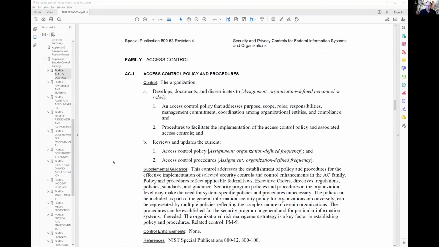So this is harder to see, I know. This is access control 1. The organization will have access control policies and procedures, will develop, document, and disseminate them to whoever needs them in the organization. The access control policy will address purpose, scope, roles, responsibilities, management commitment, coordination among organizational entities, compliance, and